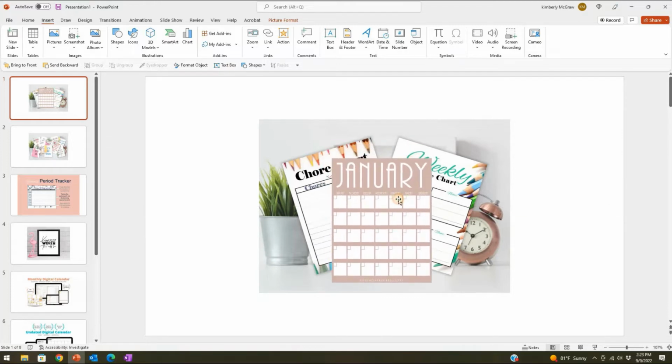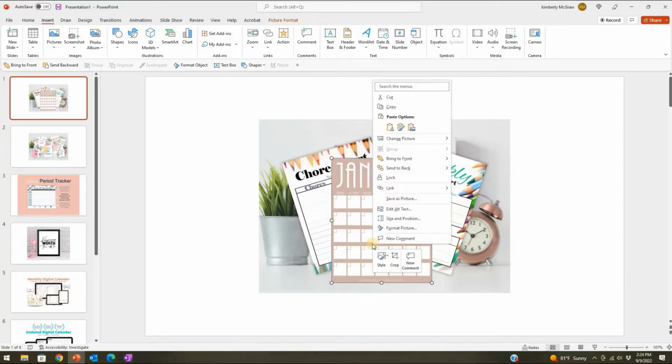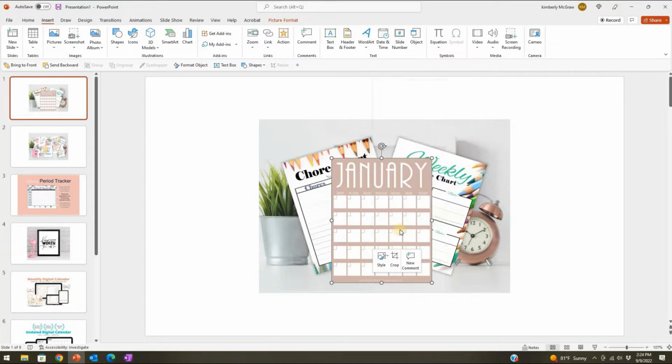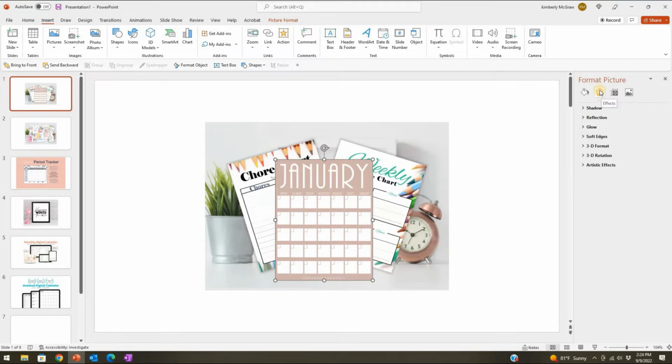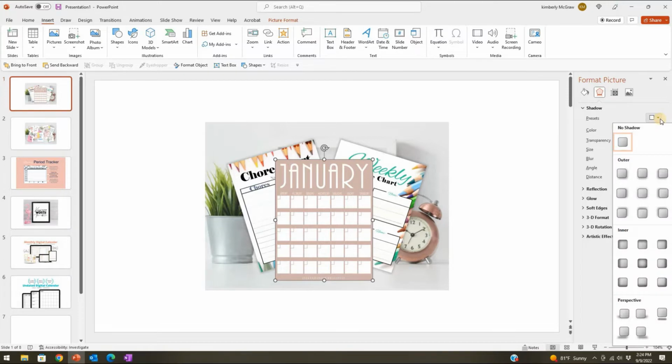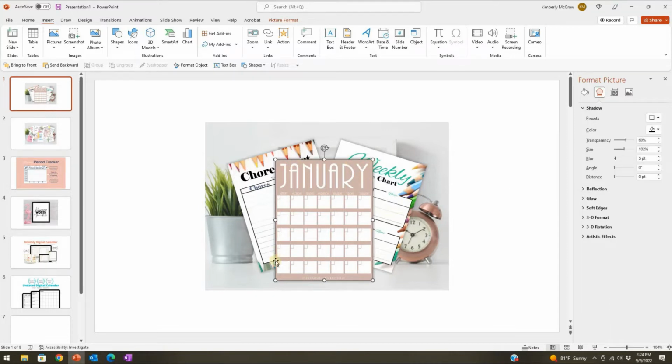And then if I wanted to display this with it, what I would do is just add it to the picture. But to give it a little bit of dimension, this is what I wanted to show you. You're going to go to Format Picture, and you're going to go over to this second one here, and you're going to go to Shadow, and this has some presets for you. So I like to just do the center one here, which shows the shadow all the way around the